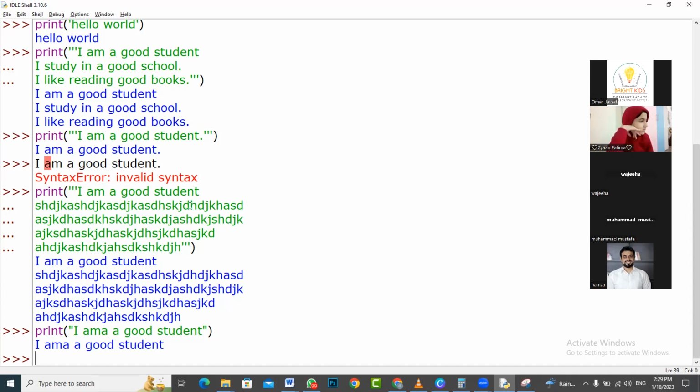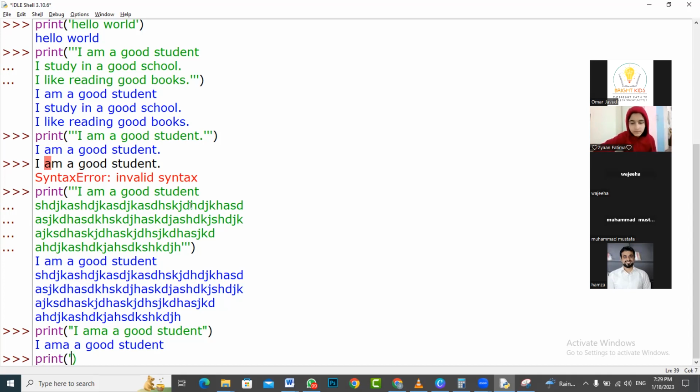First, let me explain this process to Wajiha and Malik, and then I would obviously let you share your screen and share the error. In the meanwhile, you can also see and identify where the error is. So Wajiha and Malik, the problem that we are having with the print statement is that we could only write one statement at a time or one sentence at a time. And it would not be suitable if you want to have more than one line to be printed. So the solution for that is that when we are using print statement, previously we used to